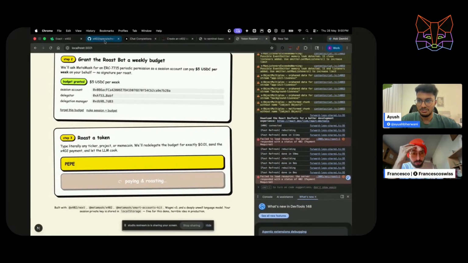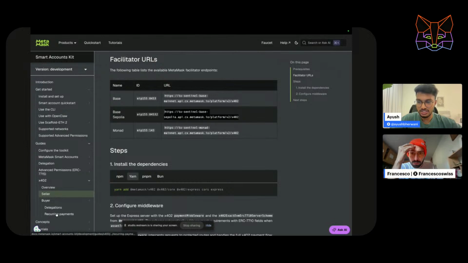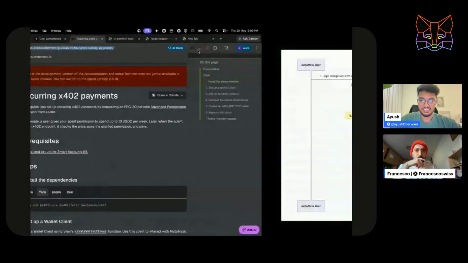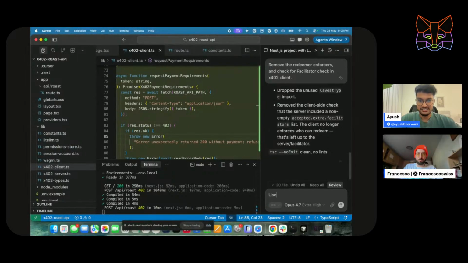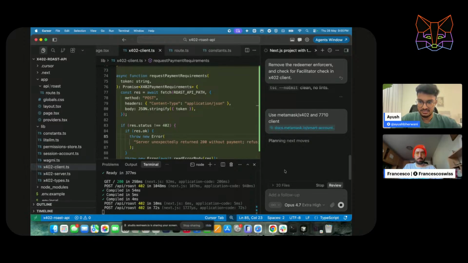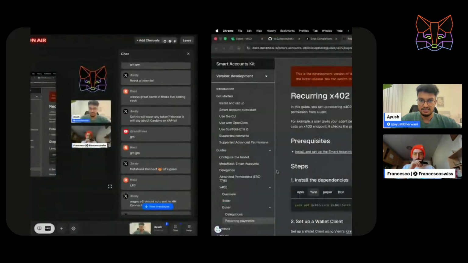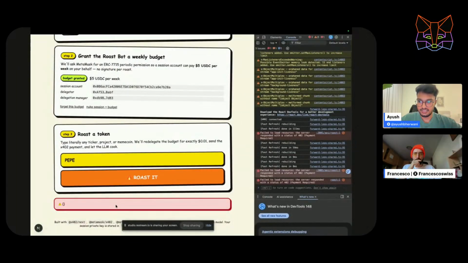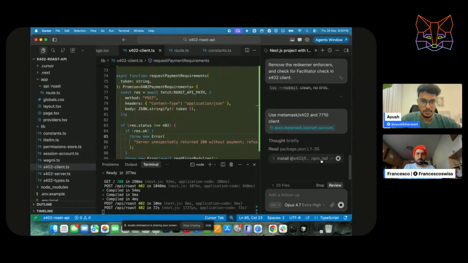That's why, just one last change that I want to see: use MetaMask. It returned an empty response. Install x402. What is installing now?